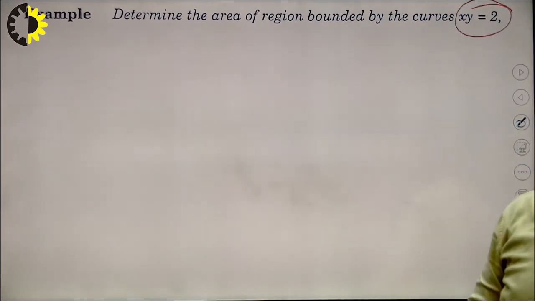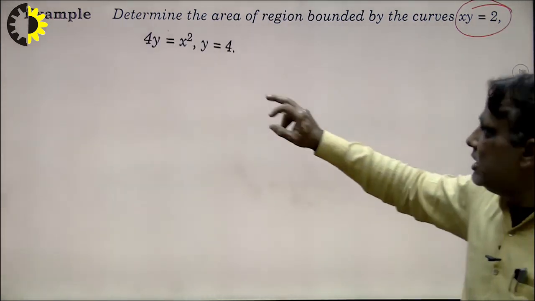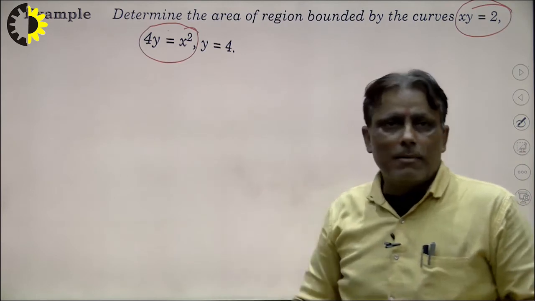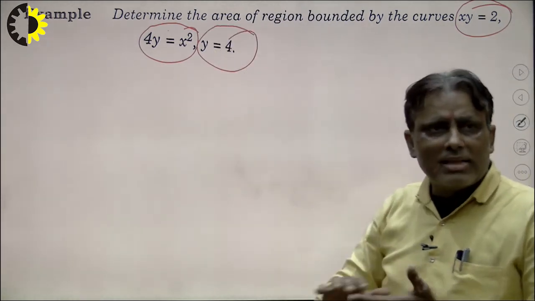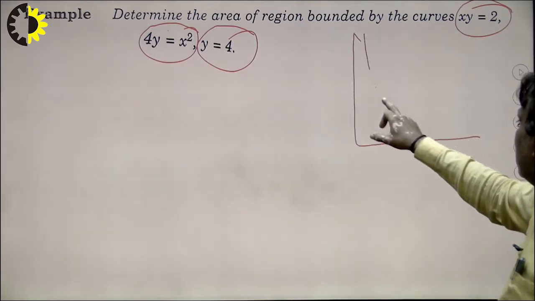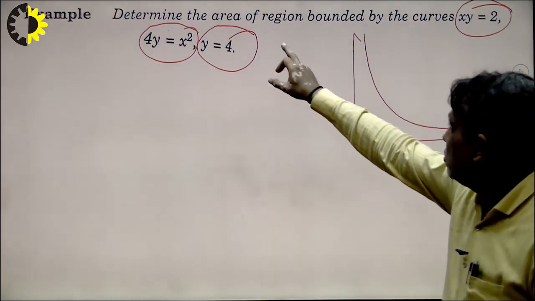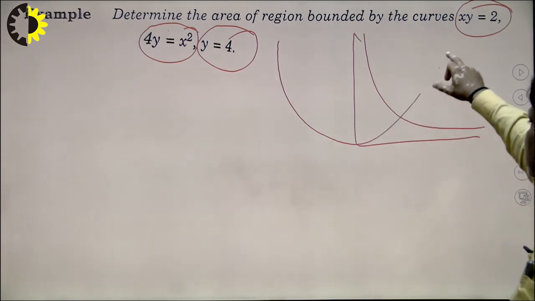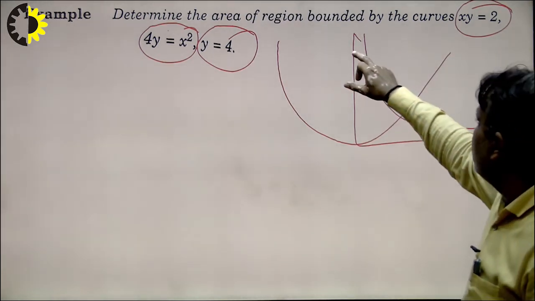When we drew that curve tracing in the previous lecture on differential calculus, I explained how to draw the curve. Now we see that this is the parabola, this is the hyperbola, and this is a straight line parallel to the x-axis. Now, how to draw the diagram, see very carefully. This is the hyperbola, and this is x squared = 4y. Now y = 4 is this line.